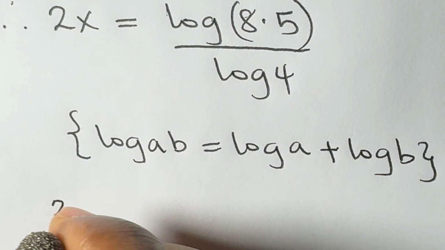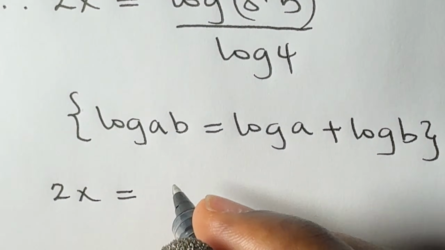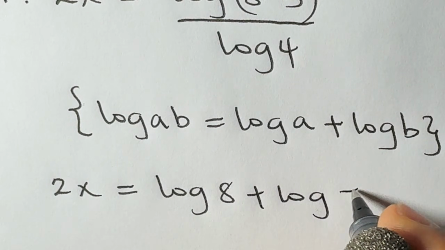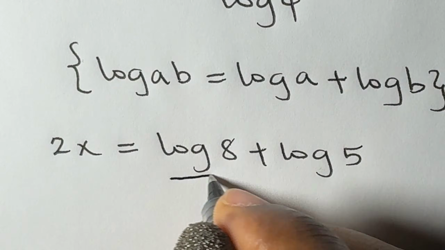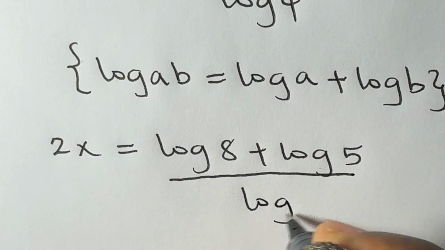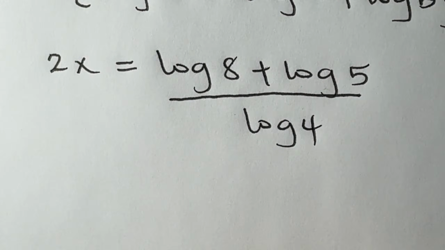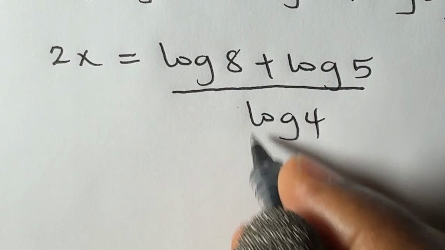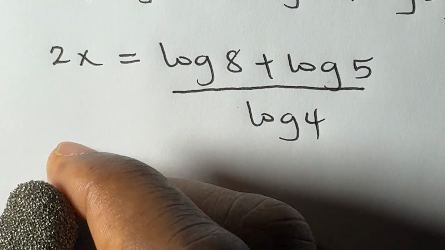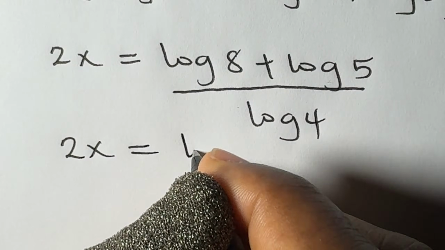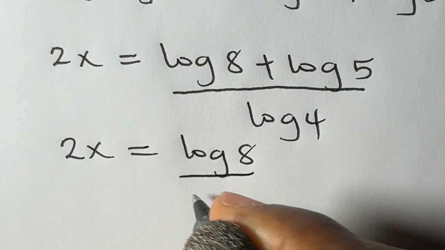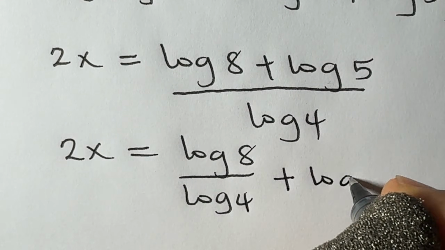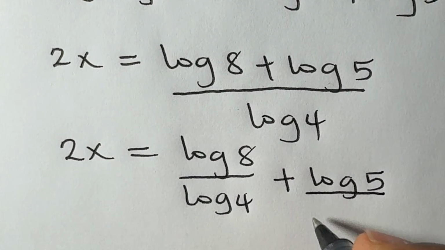Giving us 2x is equal to log 8 plus log 5, then all divided by log 4. Let us separate this addition and division into separate division. So we have 2x is equal to log 8 divided by log 4, then plus log 5 divided by log 4,